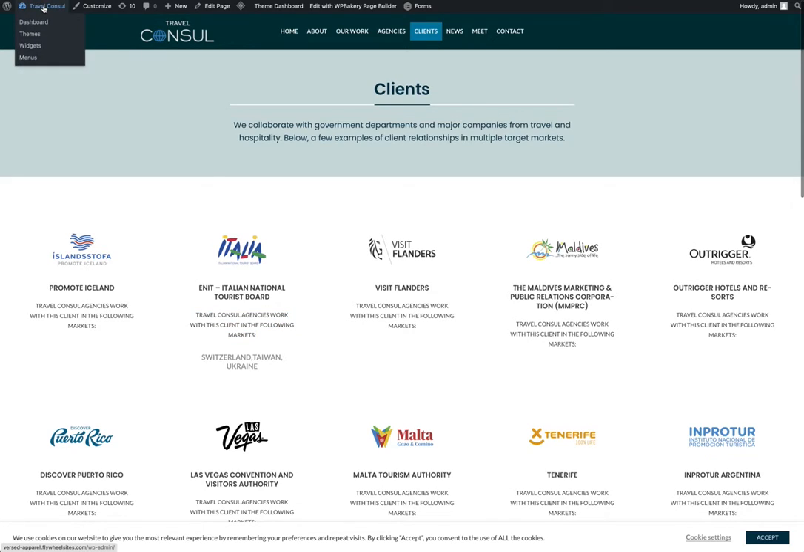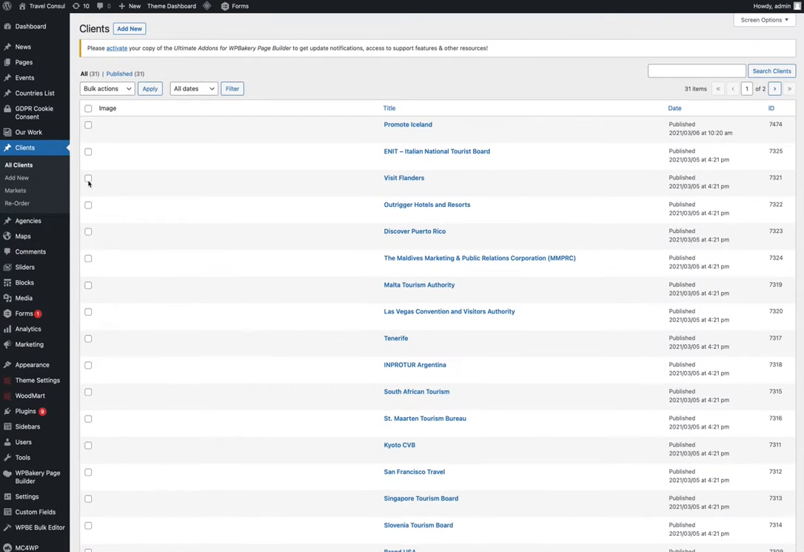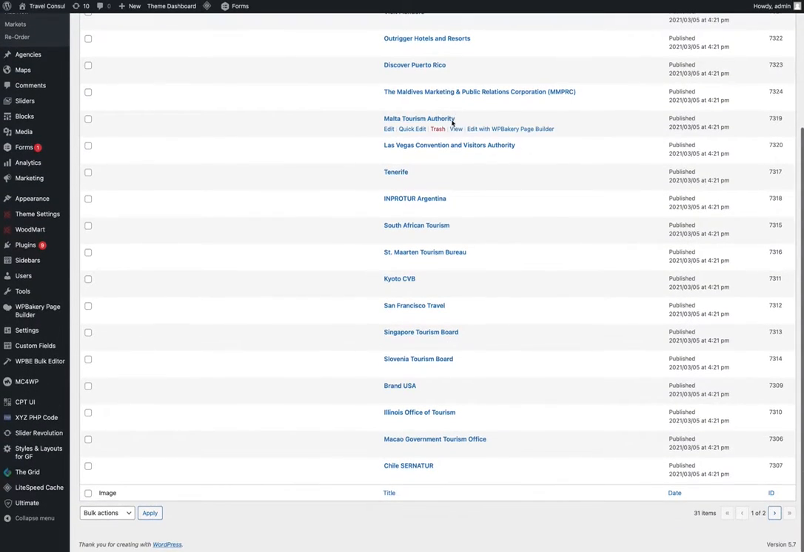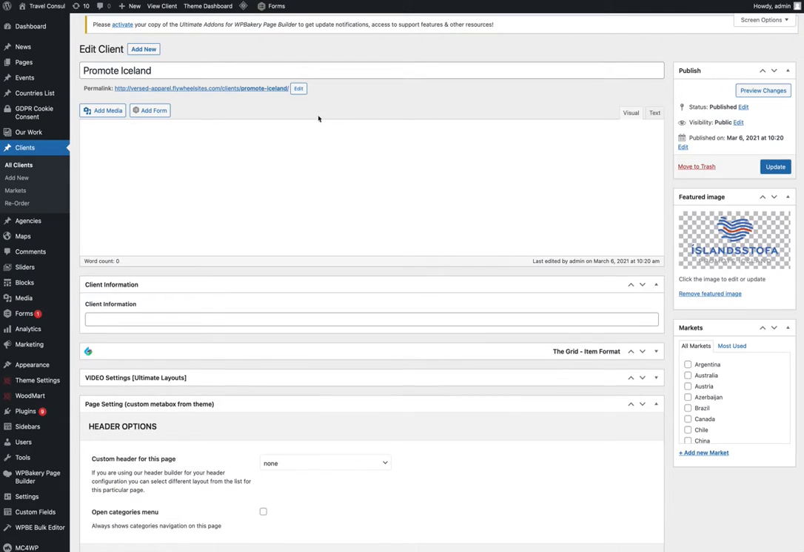This particular section of text is consistent throughout every listing. So if we go through to the back end of the website and then we select clients from the menu there, this now gives us a full list of all of the clients that are featured on the website. Goes through to the next page there as well. So for this example, we'll go and have a look at the Promote Iceland. So if you wanted to make any change to a current listing,